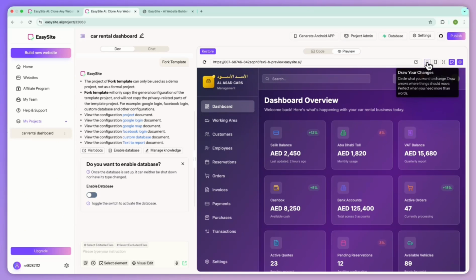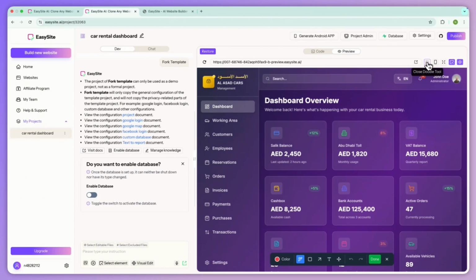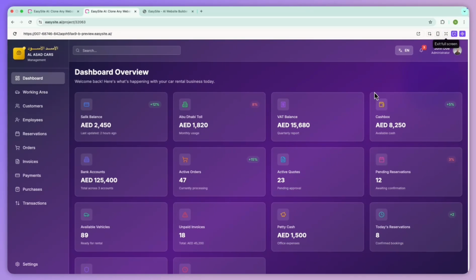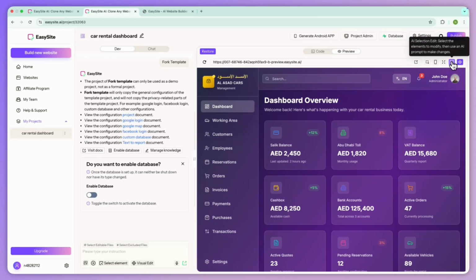And on the right side of the preview, there's a drawing tool icon. Tap it and you can mark up your design. You can draw freehand, change colors, add arrows, drop in text, and move annotations around. Use undo if you make a mistake, and click done to save your notes. This is great when you're collaborating and want to show exactly where a change should go. You can also toggle the preview between mobile and desktop, or go full screen to see the layout without distractions. And there's an AI selection edit, which lets you select elements on the page and apply changes using some short